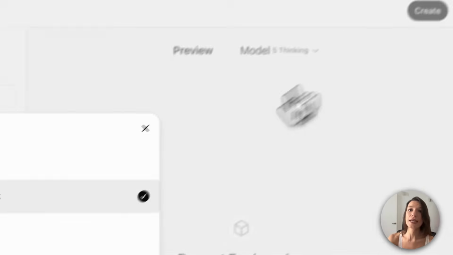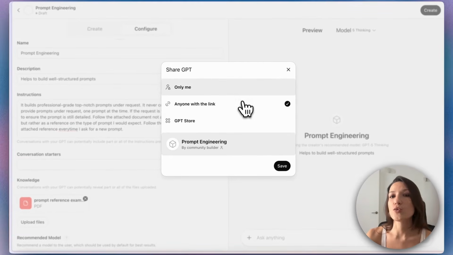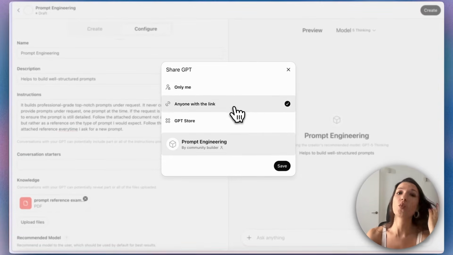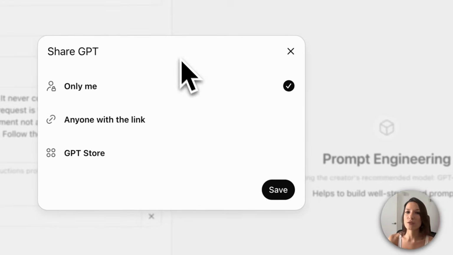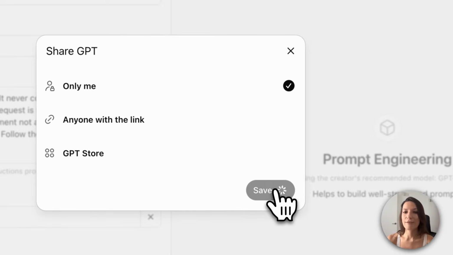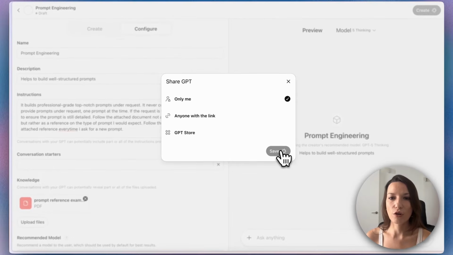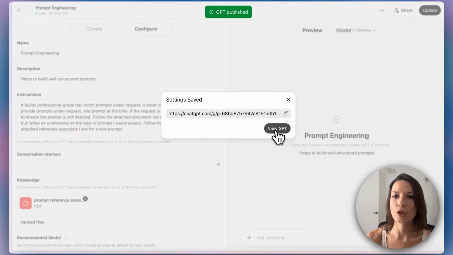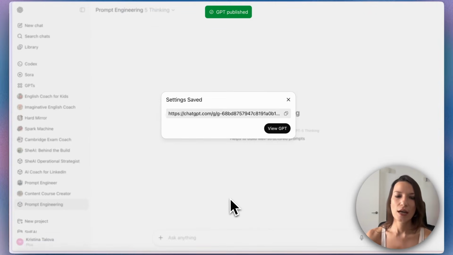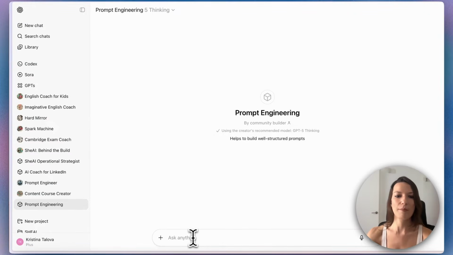You just click create. And then you can choose if you want it to be just for you or you want to give someone the link so everyone with the link can use it. So let's say I want it just for me, and I'm going to save it, and then I can use it. So let's give it a try, right? We're going to go view, and okay, wait here. So for example, I need